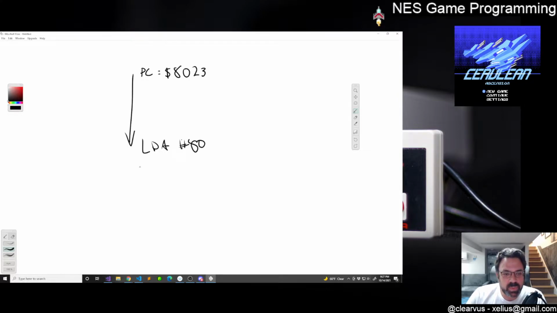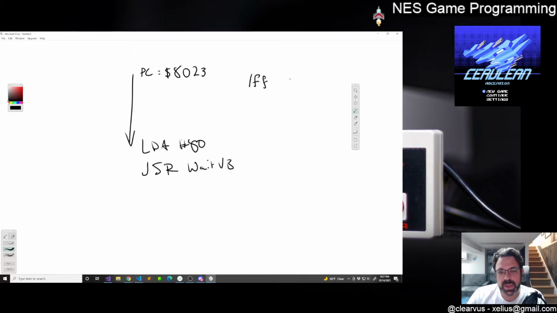Now, at some point, you're going to get to some code where you call JSR and some subroutine. So like, wait v blank. I'm just abbreviating because my handwriting is terrible, so it's just easier to do a shorthand here. So wait for v blank, right? So what that does, and we talked about this last time because we were accidentally clearing out the stack. The stack is at location